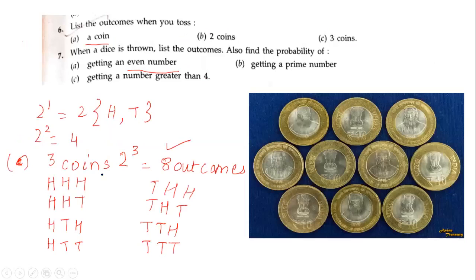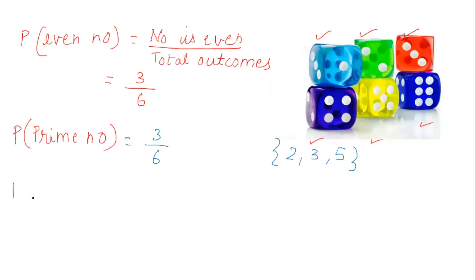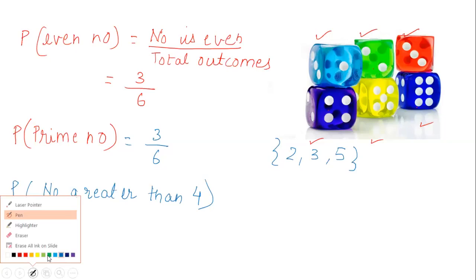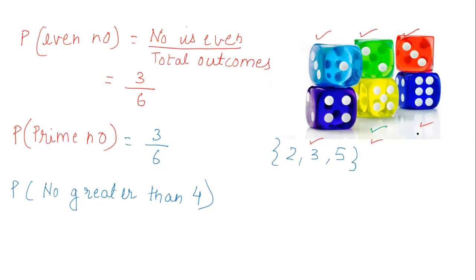सी पार्ट है आपका गेटिंग अ नंबर ग्रेटर देन 4। प्रोबेबिलिटी ऑफ नंबर ग्रेटर देन 4। नंबर ग्रेटर देन 4 कब कब आएगा बेटा? 5 और 6। यही है प्रोबेबिलिटी ऑफ नंबर ग्रेटर देन 4, दैट इज 5 और 6। तो 2 आउट ऑफ 6 है। नंबर ग्रेटर देन 4 2 टाइम्स आ सकता है, 5 और 6 डिवाइड बाय टोटल नंबर ऑफ आउटकम, दैट इज 6।